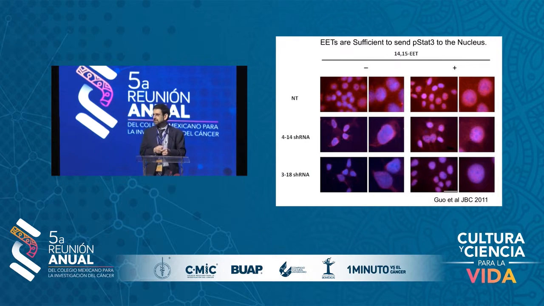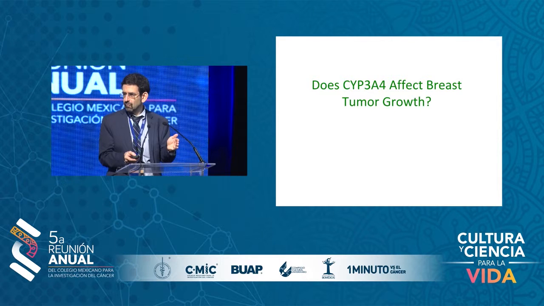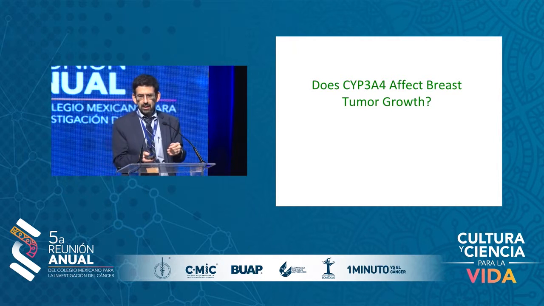And almost simultaneously with Sijin's finding, Ann Thor's group at the University of Colorado discovered that metformin was inhibiting STAT3 phosphorylation in breast cancer. And so putting 2 and 2 together, this led us to investigate the role of CYP3A4 in breast cancer growth, and also whether one could inhibit the CYP3A4 functional pathway and biosynthesis of EETs using metformin, and then could we develop a better metformin from that work.